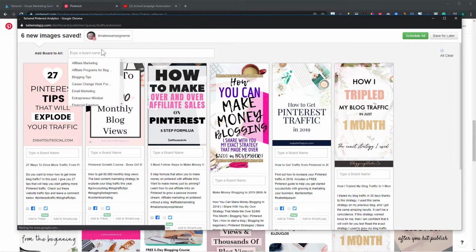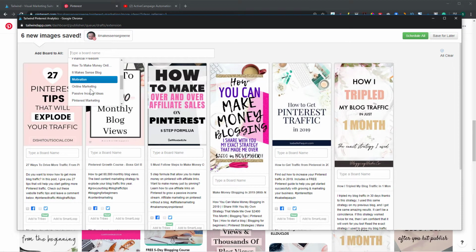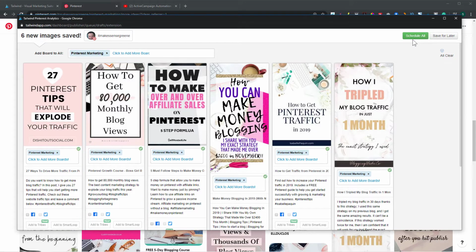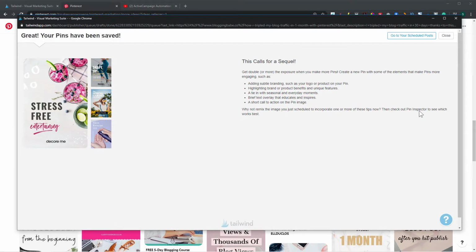And I'm going to add this to my Pinterest marketing board and then hit schedule. So that is one really easy way to add pins to your different boards. Another way that you can do it is, let me close this down,